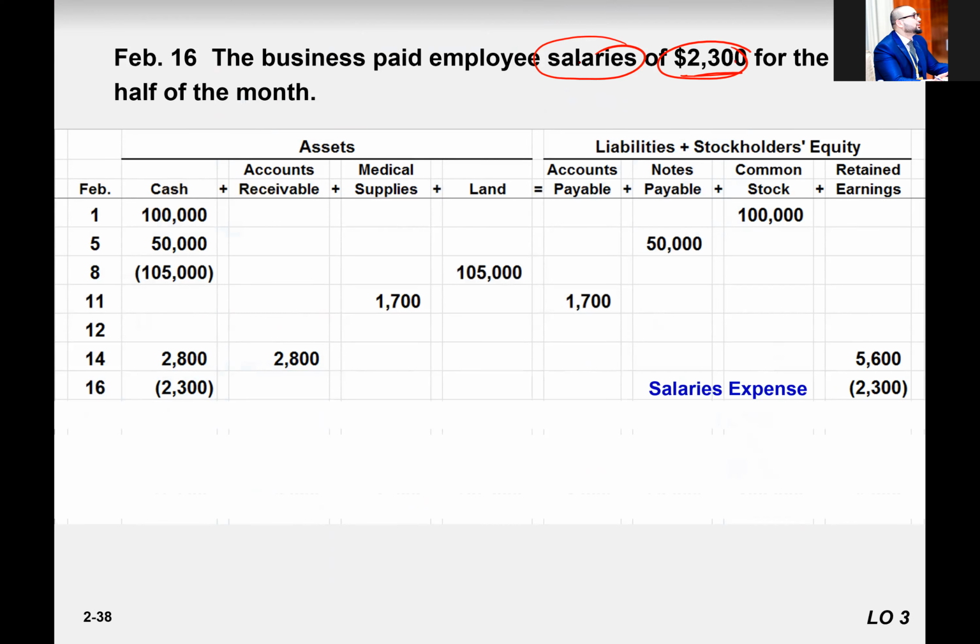So total salaries maybe 23 plus 23, which is 4,600, but they are paying half of the salary. So we need to record the financial impact, and since they didn't pay the rest yet, we didn't record it. Right, Kathleen? Okay. So it doesn't matter.